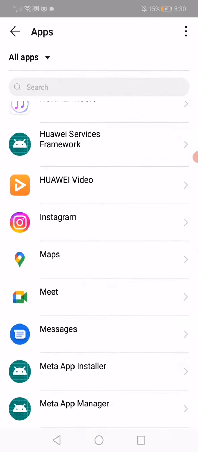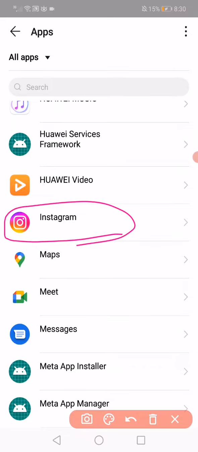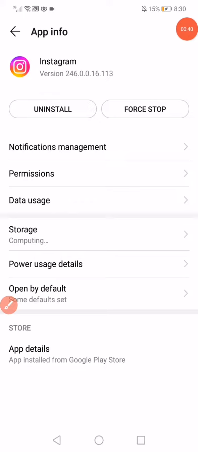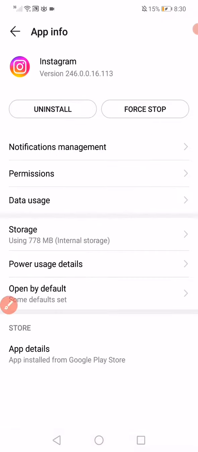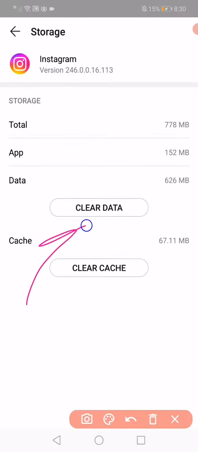Just search for Instagram and then click on it. After you click on Instagram, it will take you to this page. All what you have to do here is very simple. First thing, click on this option. This option, it's the force stop option, and then click here on storage, and then click on clear data and